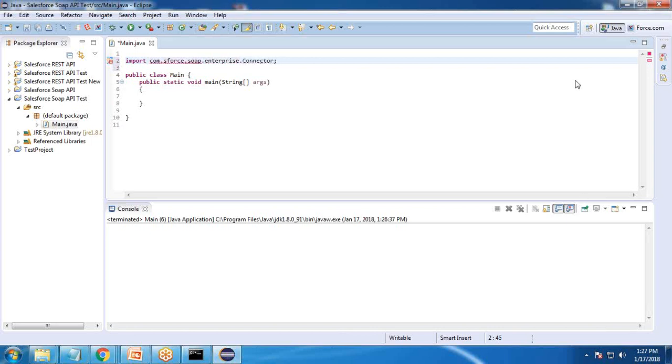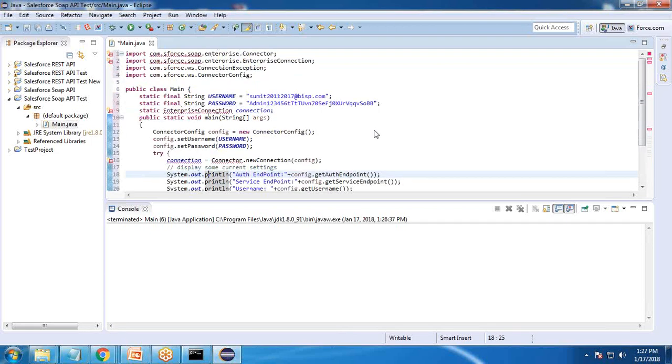So I'll just load the code into it. So that's the complete code,